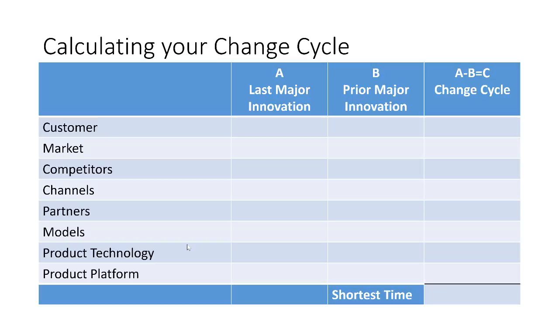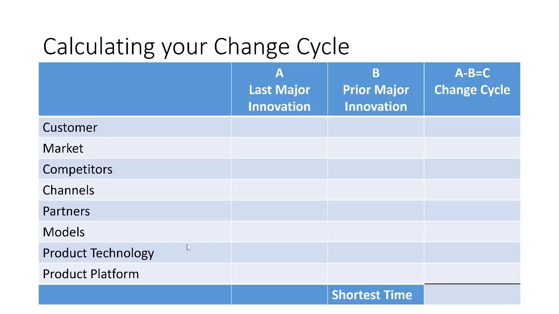Think about your market. If you are in the electronics market like Sony or Apple, you need to be thinking about what is the innovation cycle in your market and when was the last major innovation and when was the last major innovation before that. Think about your competitors. When were their last big releases of products, software or hardware, if you're in that electronics market, just using that as an example. What about channels? When was the last innovation in developing a new channel for product delivery or marketing or whatever? What is the channel that you're using and when was that innovated? Because you need to be able to meet that timeline.